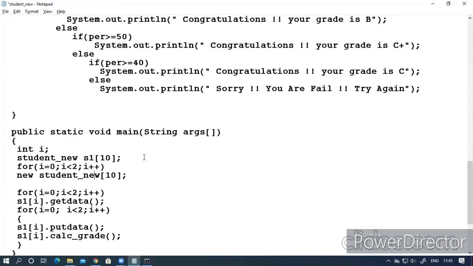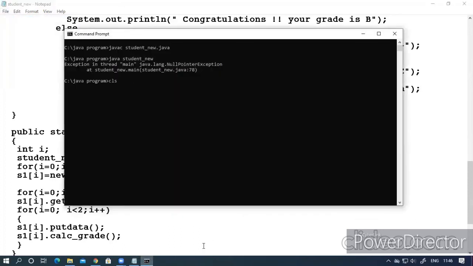So now you have to write s1 equals new, you have to call the constructor. Don't initialize or give values like this. There is another method I will discuss in some other video or class. I have to compile it.